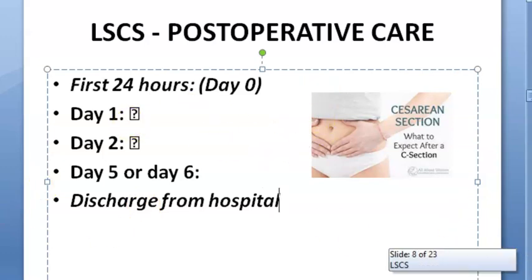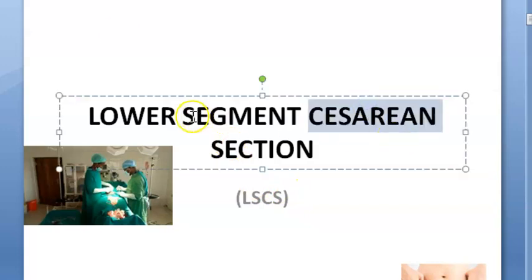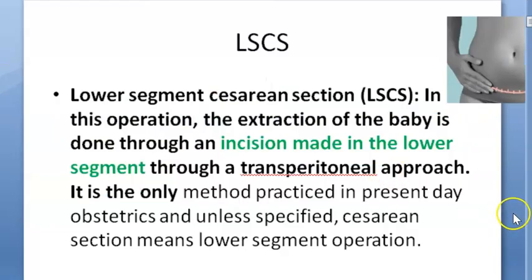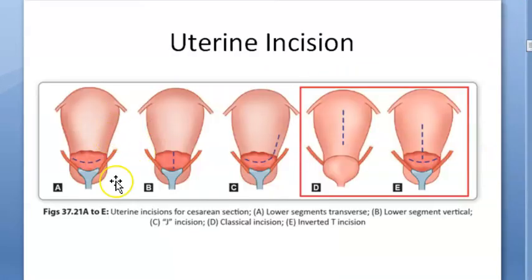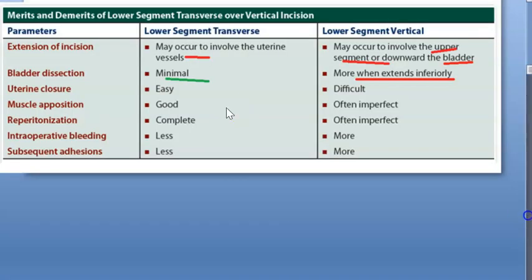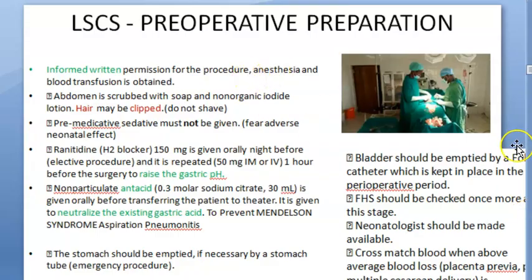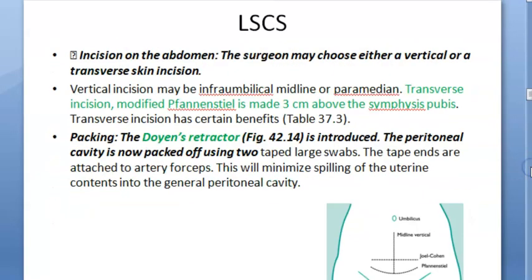So far, where are we? We have looked at what cesarean section is, the types of cesarean section, indications, etc. In this we are looking specifically at lower segment cesarean section, which is very commonly done. We will do an abdominal incision like a Pfannenstiel, then a uterine incision on the lower segment, that's why it's called lower segment cesarean section. And we looked at pre-operatively how they prepare for this cesarean, then exactly what the procedure is.